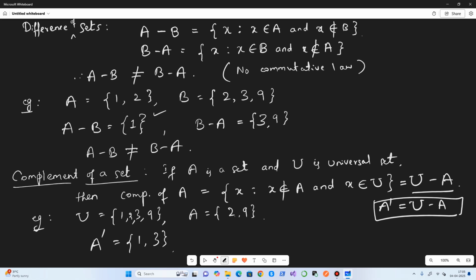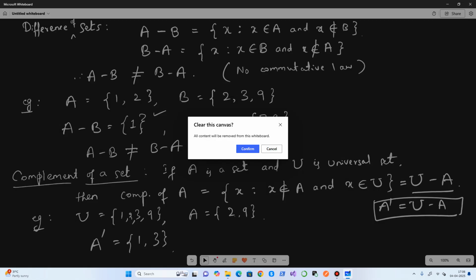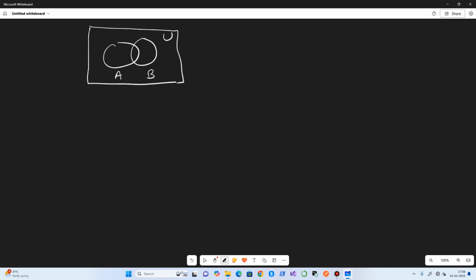Okay, properties. Before even going to the properties, let's look at the Venn diagram perspective. In the Venn diagram, suppose we have this as a universal set, and A and B are here. Suppose I want to find out what A complement is.